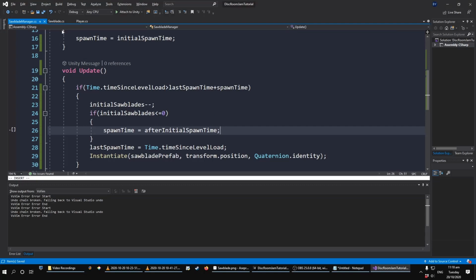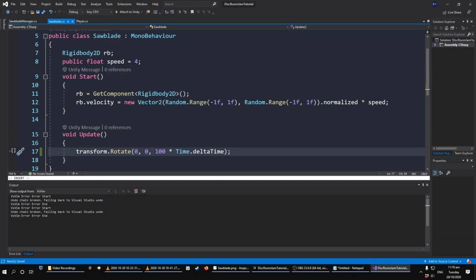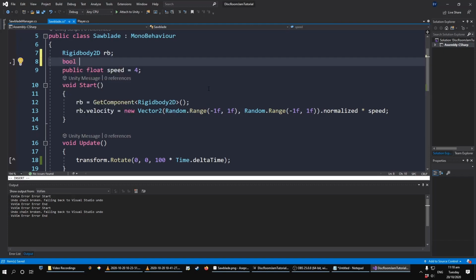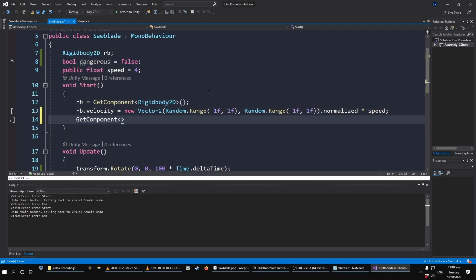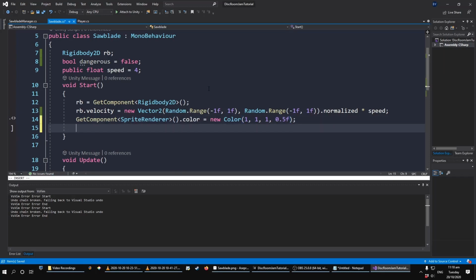So now that we have this, let's also make the saw blades a bit more fancy as well. Let's see, what can we do? So I remember in JW's video, he made it so that the saw blades are transparent at first and don't damage you. And I think that's a good idea, so let's do that. So bool dangerous, I guess. This goes to false at first. So we get component sprite renderer dot color, it's got new color 1, 1, 1, 0.5. So basically setting the alpha to 0.5 at the start, and invoke